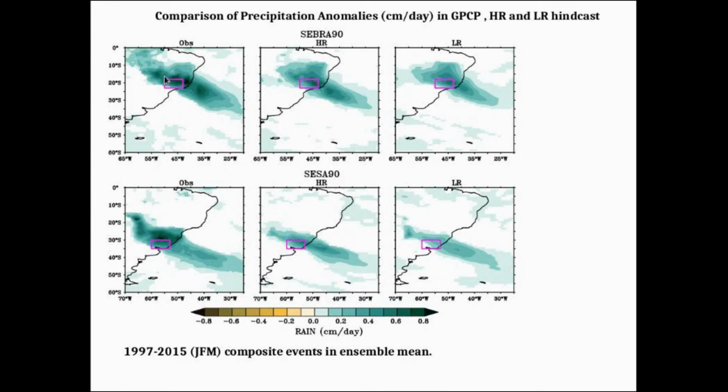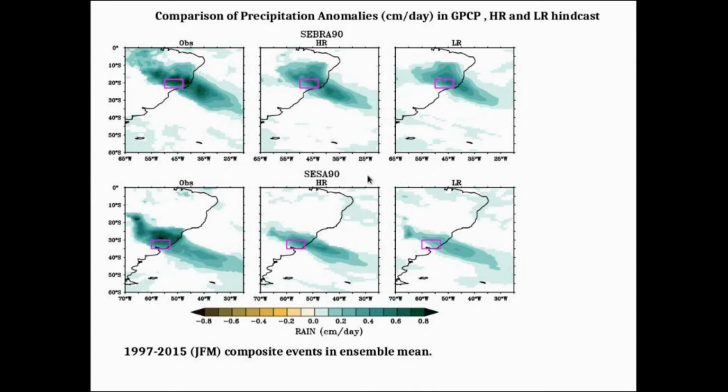So there is one maximum over the land and one maximum over the ocean, and there is less precipitation in the coastal area because of the Brazil current. There is a cooling because of upwelling, which actually decreases the precipitation over this region. This feature is prominent in high resolution. High resolution has a significant two-lobed precipitation maximum, but the low resolution has a lesser signature, mainly over the ocean.